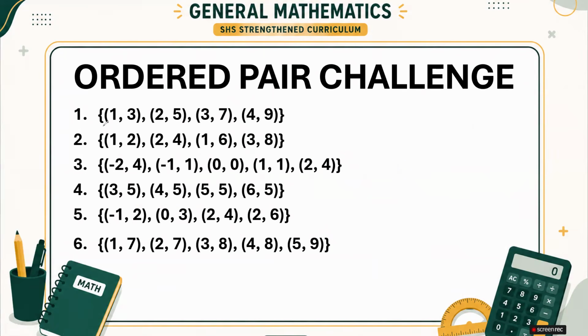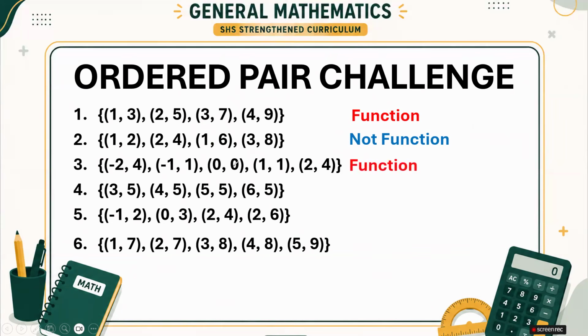So what are you going to observe here? You look at the x values. Is there a repetition in the x values? So number one, all the x values are different. Therefore, this is a function. What about number two? Did you observe the repetition in x here? 1 and 1. So this does not pass the test. Therefore, this relation is not a function because x equals 1 appears twice with different outputs. The outputs are 2 and 6 respectively.